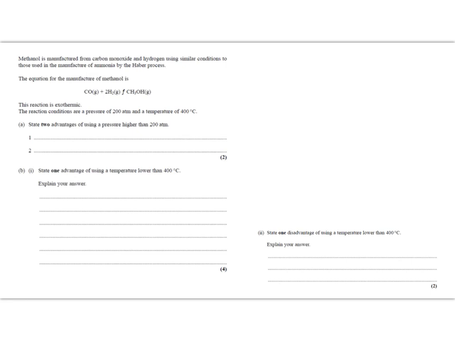Now this question asks you to evaluate the conditions used in a reversible reaction, and bizarrely we've got a symbol F here. Now that's a computer problem. That should be a reversible arrow there. And we're producing methanol from carbon monoxide and hydrogen. And so we're being asked to state 2 advantages of using a pressure higher than 200 atmospheres. Well, the first advantage that comes to me is that the reaction